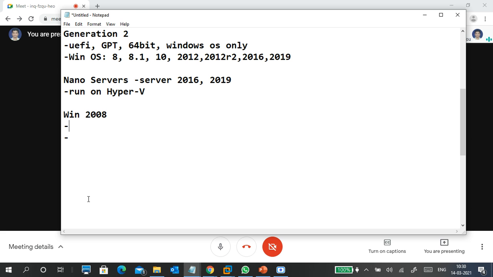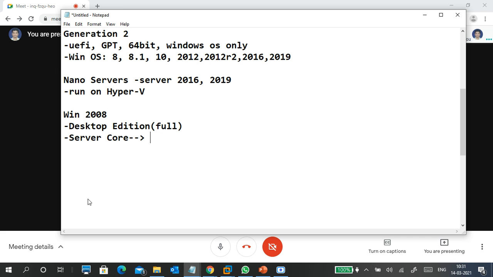One is a full version, a desktop edition type. It's called full. Another is Server Core. What is this Server Core?